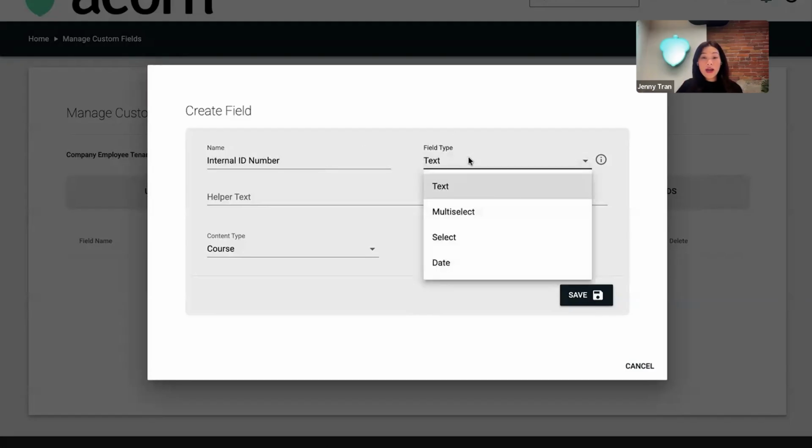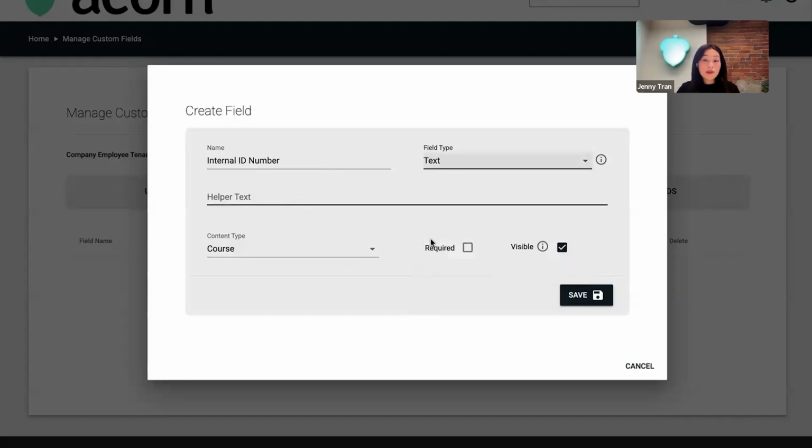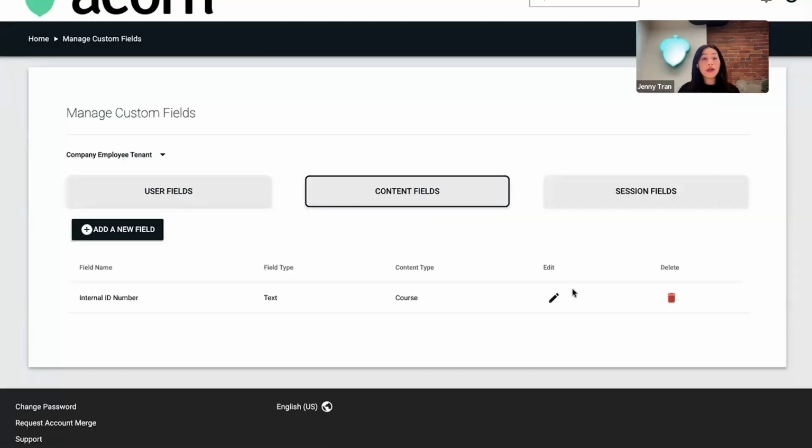You can have a free text, a multi-select if they're going to have multiple ID numbers, a single select, or maybe you can even have date. And then you can put in a helper text as well. You can make this required. And so every single time you are then going to create a course in your organization, the internal ID number